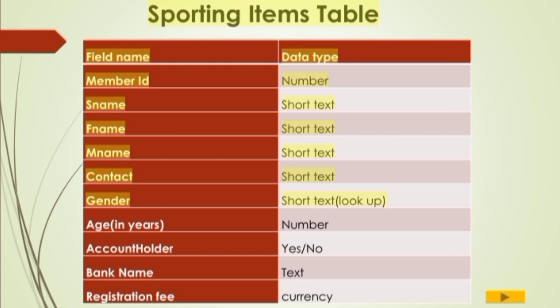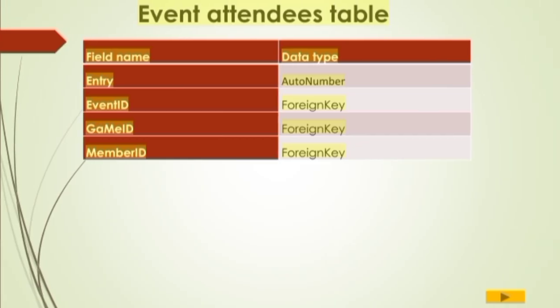Members table. Field name, data type. Member ID, number. SNAME, short text. FNAME, short text. MNAME, short text. Contact, short text. Gender, short text, lookup. Age in years, number. Account holder, yes/no. Bank name, text. Registration fee, currency. Event attendees table. Field name, data type. Entry, auto number. Event ID, foreign key. Game ID, foreign key. Member